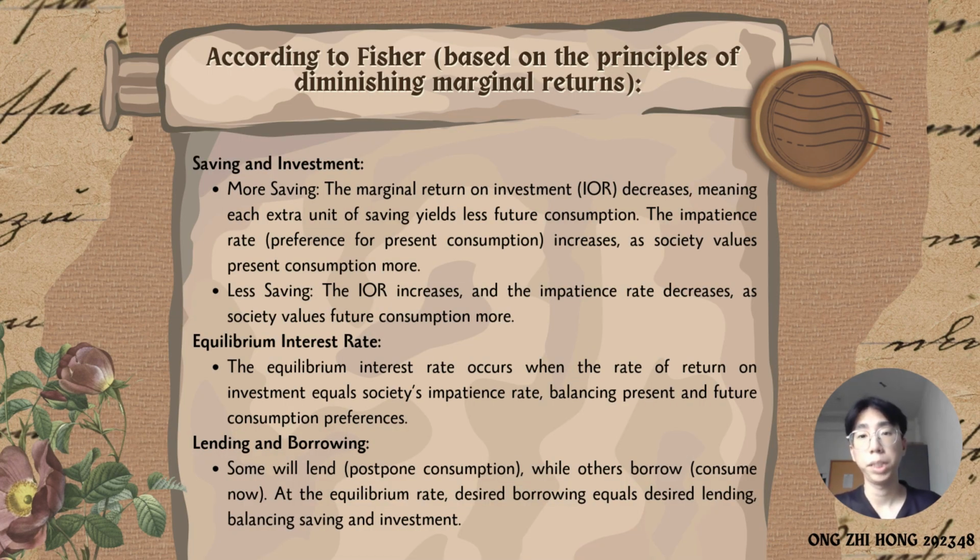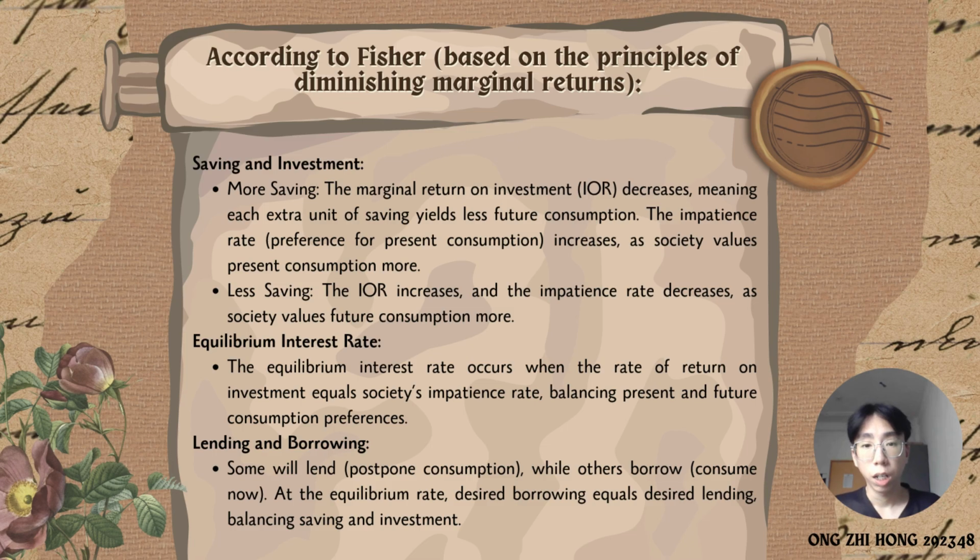According to Fisher, based on the principle of diminishing marginal return, with more saving, the marginal return on investment, IOR, decreases, meaning each extra unit of saving yields less future consumption. The impatient rate increases as society values present consumption more. If there is less saving, the IOR will increase and the impatient rate will decrease as society values